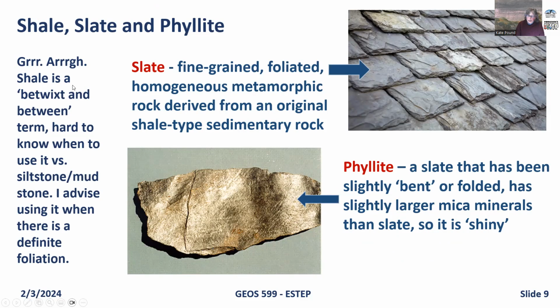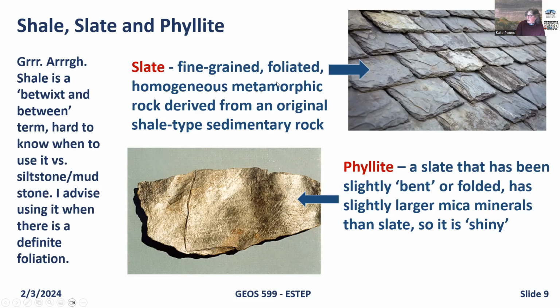So, you know, there's some kind of layering, and it breaks apart usually along natural bedding planes, sedimentary layers, but it isn't metamorphosed enough to be called a slate. So this gets a bit messy, and people use the word shale in a variety of different ways. I usually think of it as, okay, it's not a siltstone or mudstone, it's just started to break off in